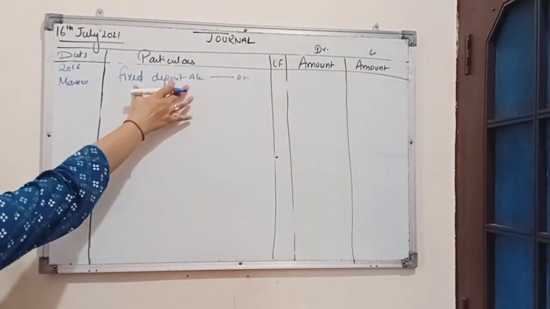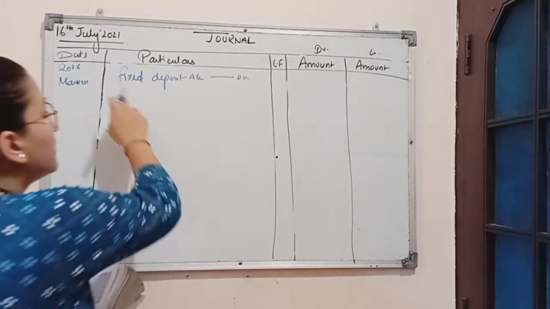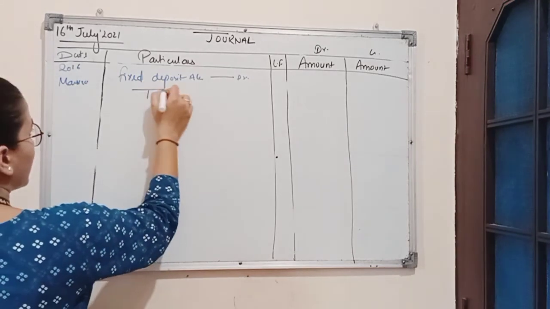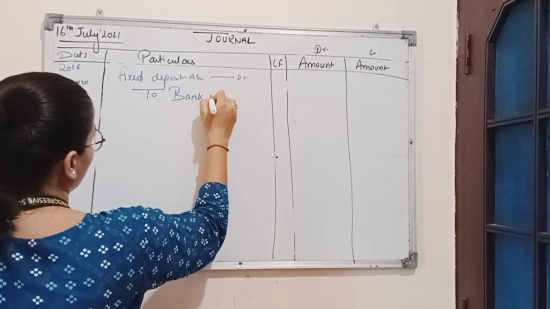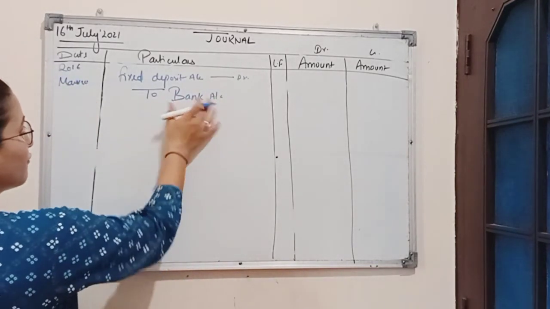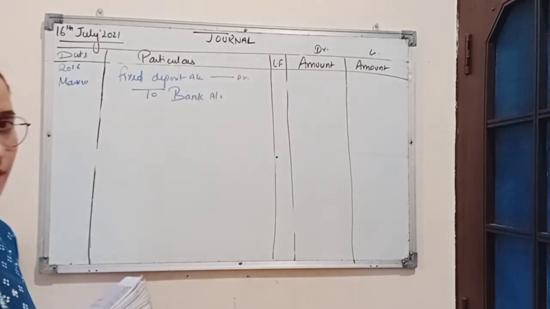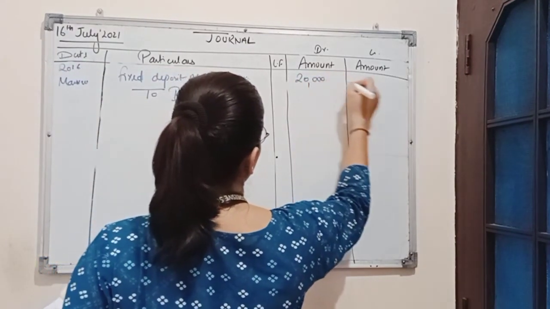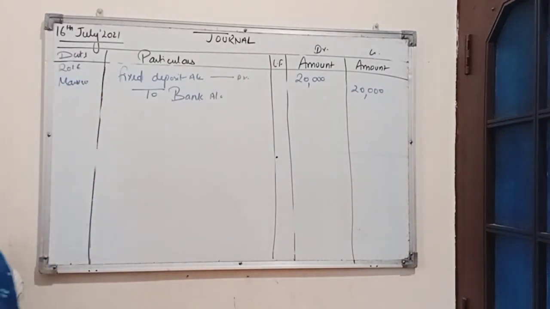So here fixed deposit account will be debited with the amount because here this account is receiving cash, and the cash is withdrawn from current account. So we have opened the current account by bank account only. So here the giver of cash is current account and the receiver of cash is fixed deposit account. Amount is rupees 20,000. Narration for this journal entry will be